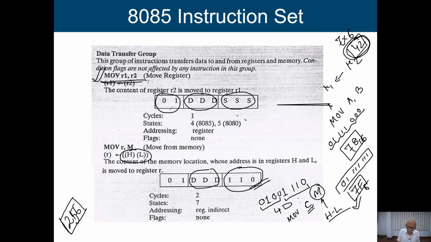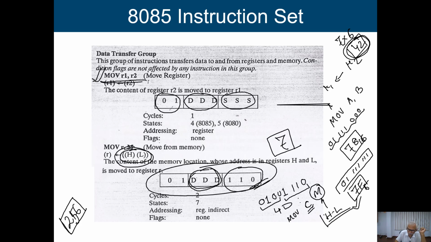Okay. Now, in this particular destination DDD, we are having 7 different registers. So, that means in this category, we are going to get 7 instructions. Okay, is it clear? So, just see that this is the way the designer has designed it. When I am going to talk about the memory, I have to give the memory address. When we are going to give the memory address, we need 16 bits of information. But in the instruction, that is implicit. We need not give this particular 16 bits of information. Always it is going to look into the contents of this particular HL register pair.